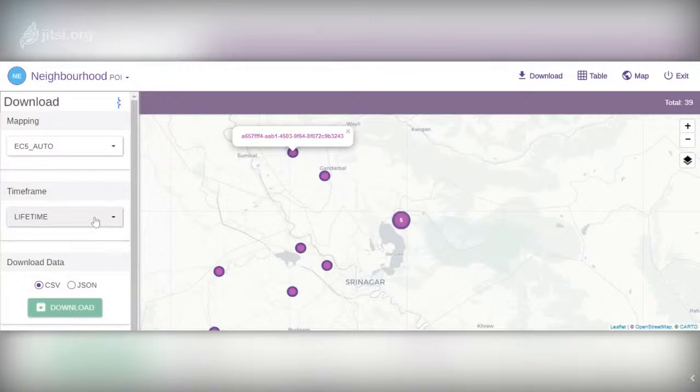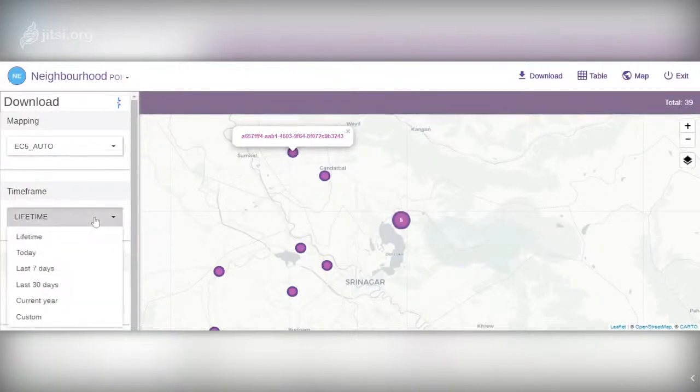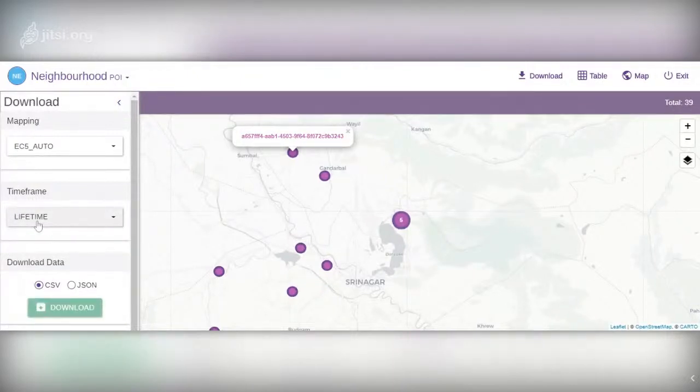You can download selected data or all the data: lifetime, today's data, last 7 days, last 30 days. This can be customized also. But I am downloading the lifetime data, the entire data, in the form of CSV. So select and download.